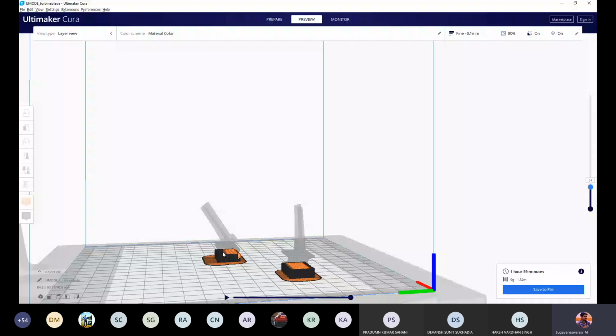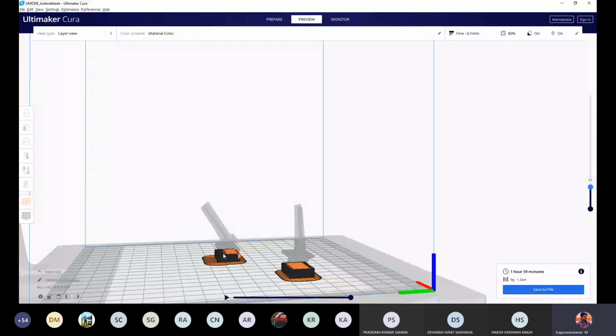That is the main objective of doing a part orientation, because any orientation you can do is feasible in a virtual method. And according to the orientation, you can see the support structure, because based on the orientation, the support requirement will also change. So that will have a major effect on material consumption as well as the cost of printing the part. So is this point clear to everyone? The impact of orientation on support structure and cost, and why part orientation is very critical in the additive manufacturing process.